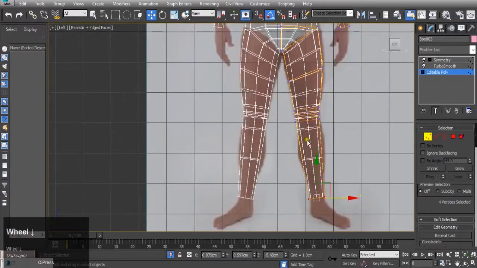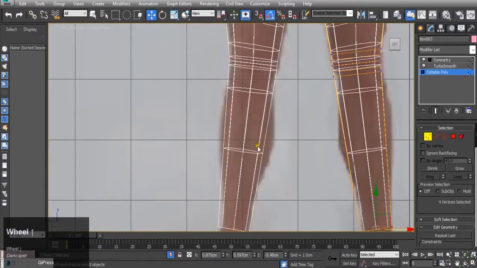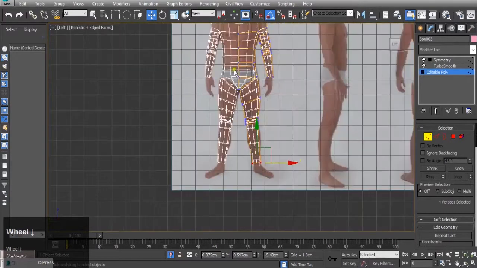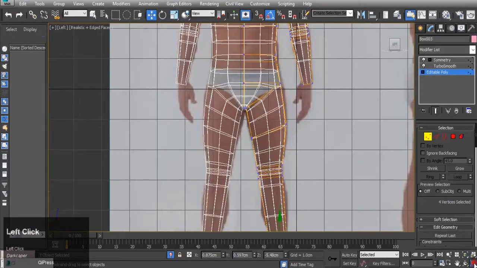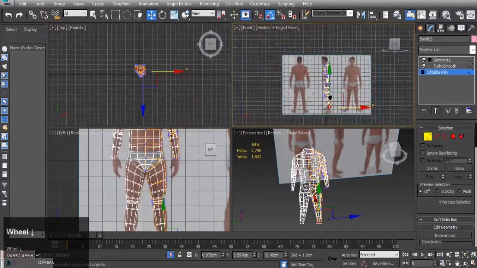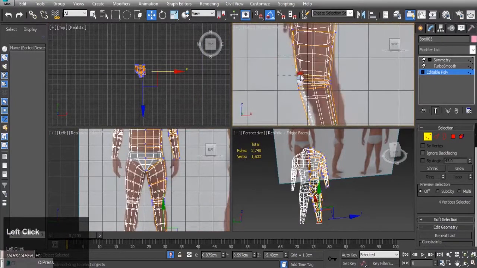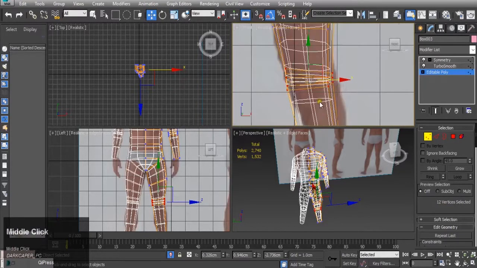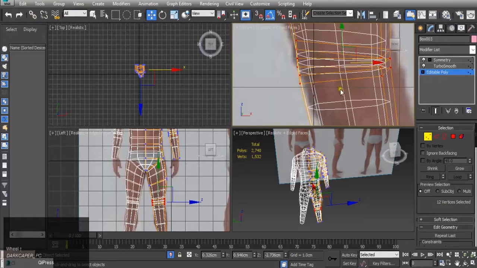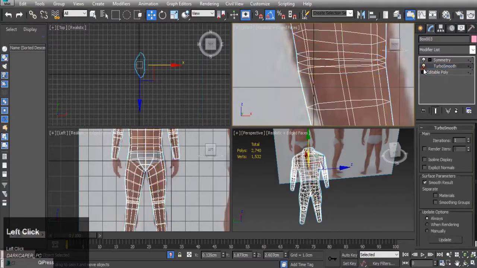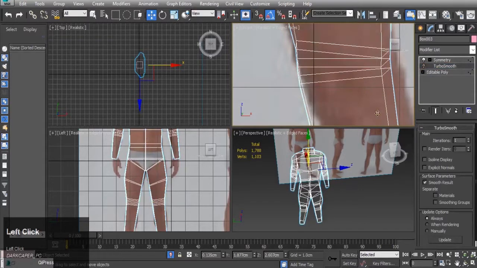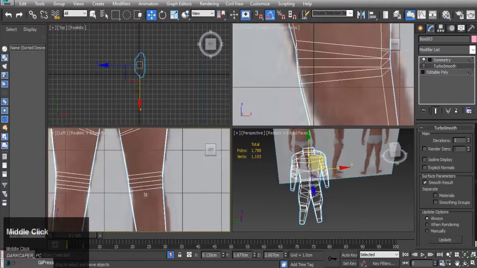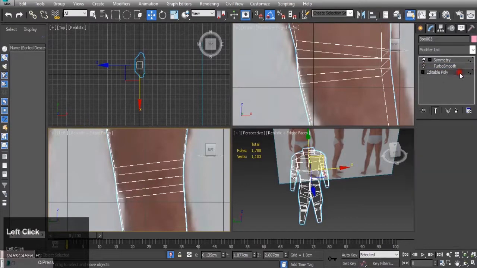That's fine there. Now this calf here is actually behind, so I won't bother playing around with that at the moment. Just going to look at the side view. Yep, so I need to make sure that this knee lines up with this knee here. Just turn the servo smooth off so I can see a bit easier. So this knee here